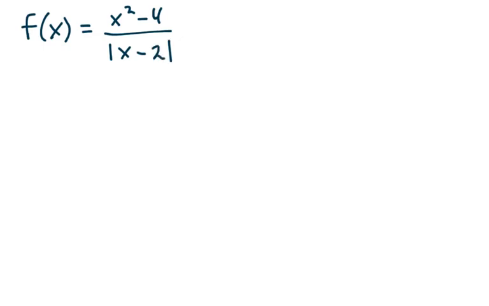Okay, so we're going to find the limit of this function f of x equals x squared minus 4 over the absolute value of x minus 2. The first thing with this is that we need to look at this absolute value in the denominator. So what we're going to do is break up that absolute value into two pieces,